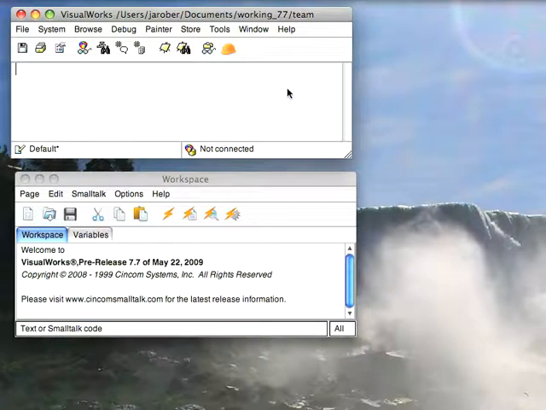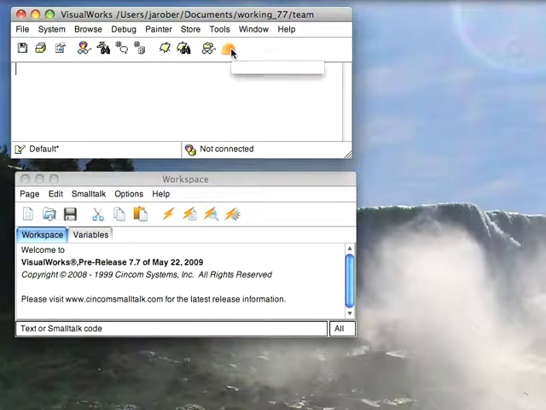This morning I thought I'd take a look at some of the small improvements that are coming to the next release of VisualWorks, and in turn many of these improvements are coming to Object Studio as well, because if they involve the browser or some of the other tools, they automatically switch over between the two tool sets. So with that in mind, let's take a look at some of the simple things here in the launcher and